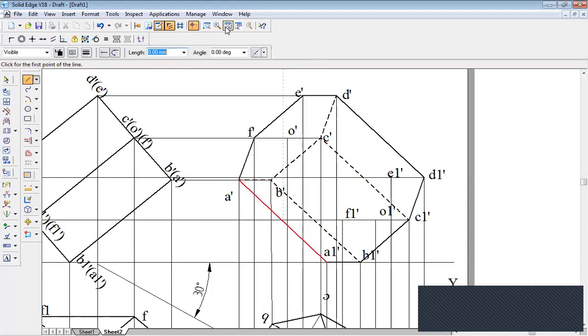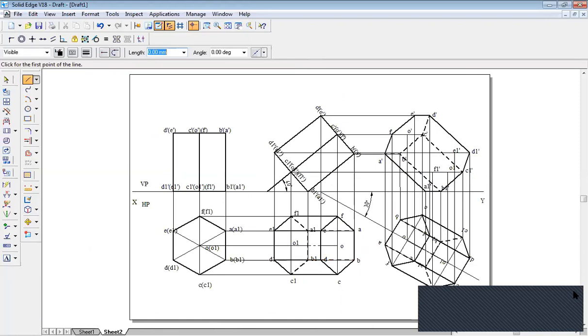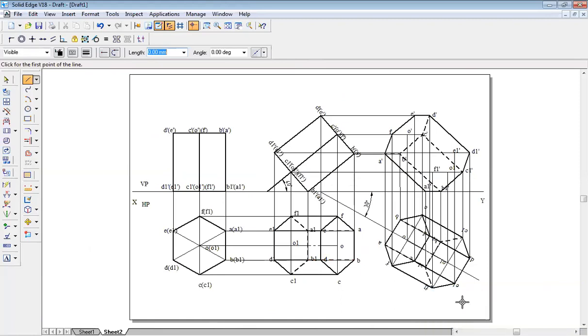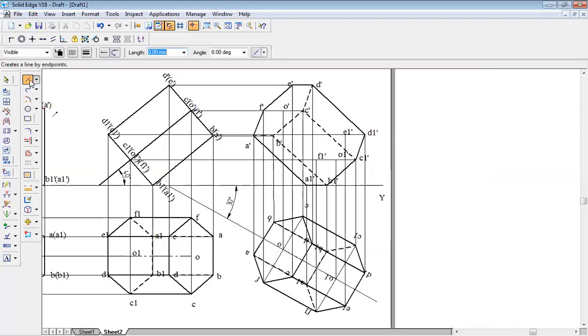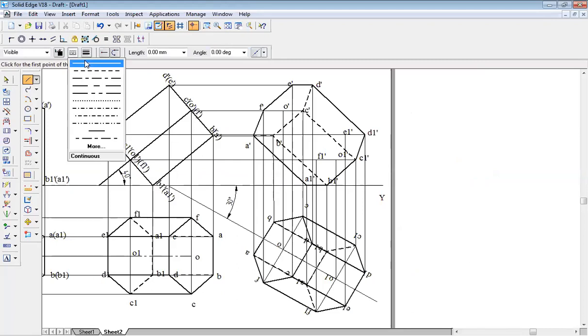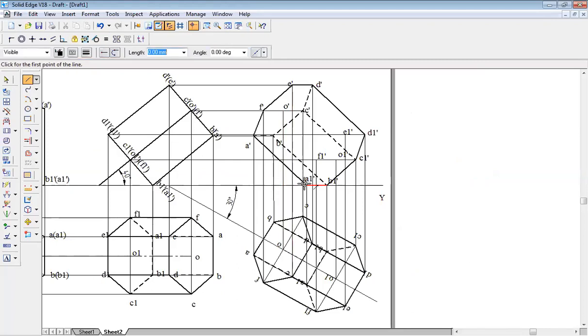Now F1 E1. If you check it in the opposite diagram, you will get F1 E1 very far from the XY line. So that related place would be drawn dark. Zoom this area again for your proper understanding. Go to line command. It should be drawn as a dark line. Take continuous line. From A1 to F1, F1 to E1, E1 to D1. Then E1 to E, dark line. F1 to F, dark line.